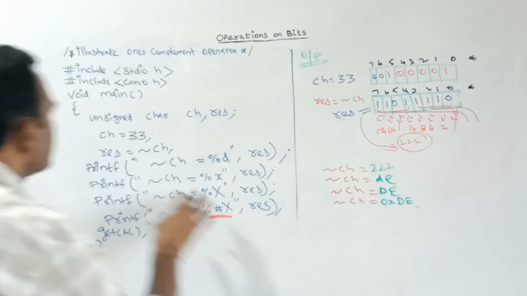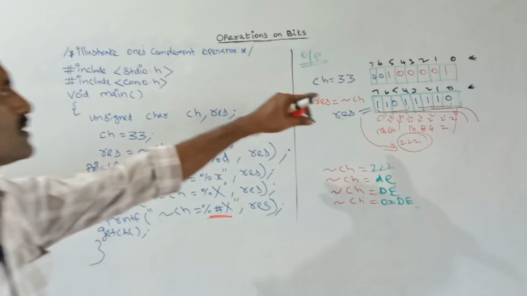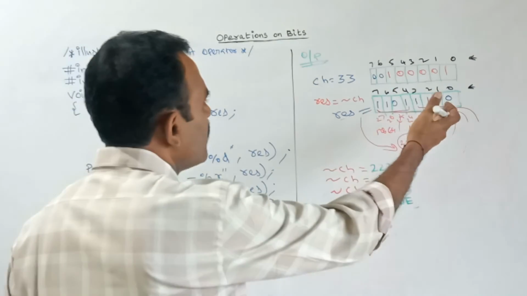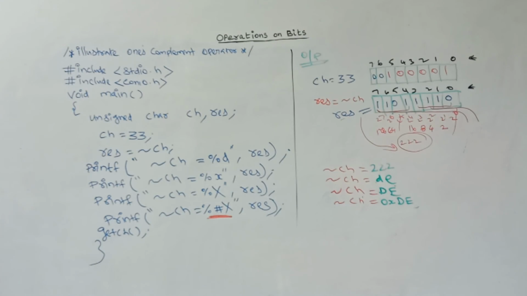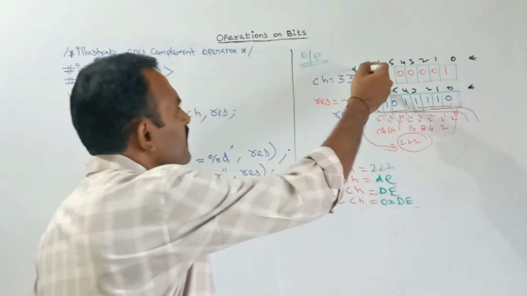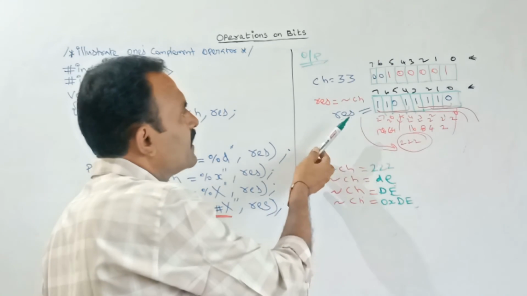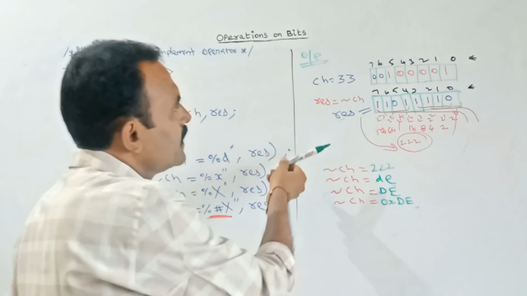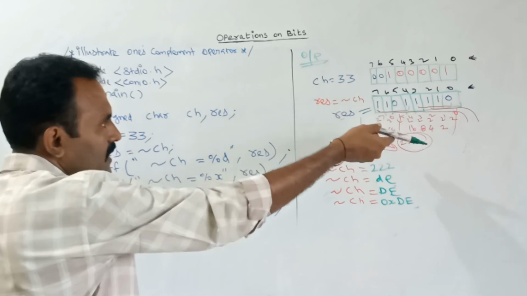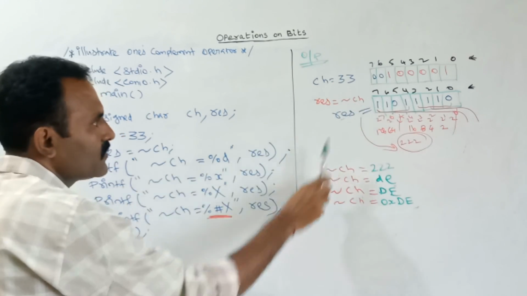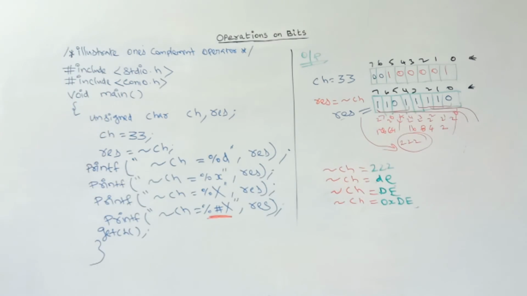So in this way we can convert to the 1's complement and print those 1's complement values. Here, as C understands the decimal value, we are giving the decimal value and telling it to print the 1's complement decimal values. So after converting into the 1's complement, I am telling it to print the corresponding decimal values and the hexadecimal values.